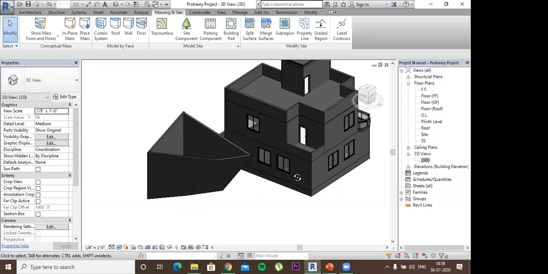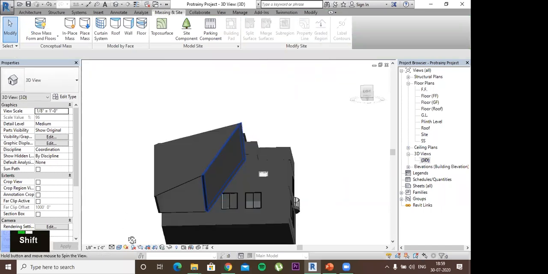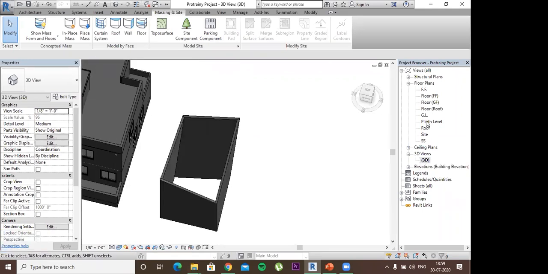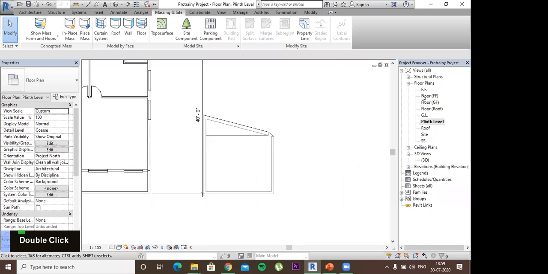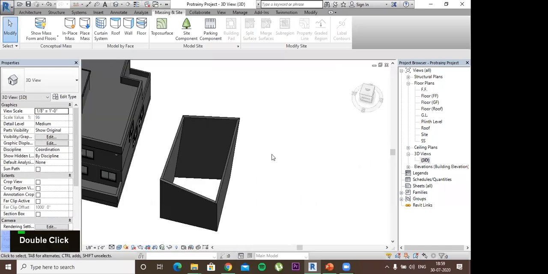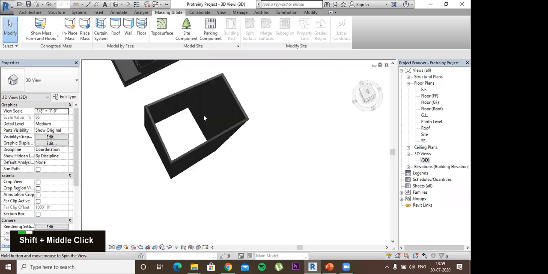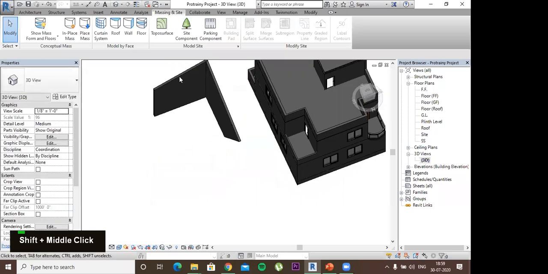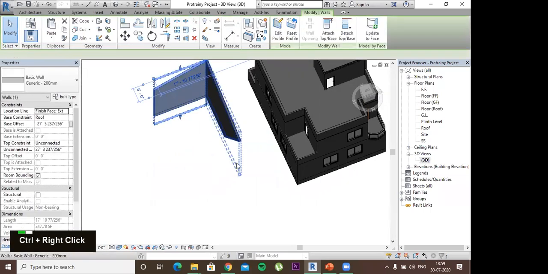So the mass will be hidden, and now only the 4 walls which we have created will be visible in our plan. Okay. So this is how you can create a mass and apply walls to it.